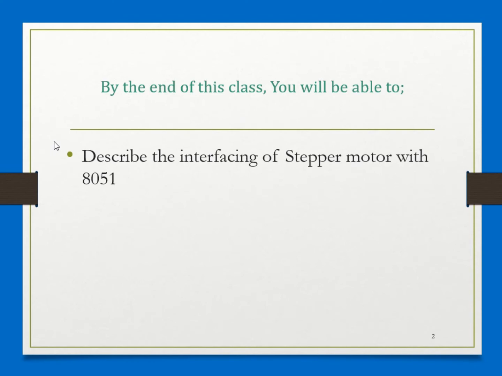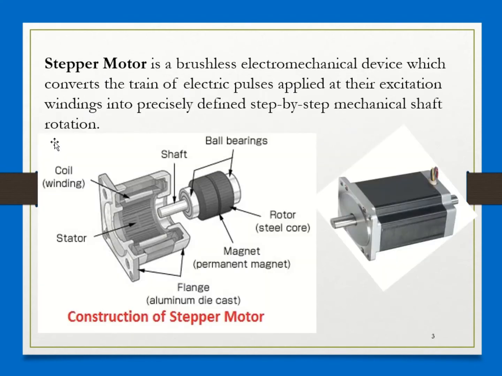So stepper motor mainly consists of a rotor. The right hand side is the physical representation of a stepper motor, what you can see in lab, and on the left hand side you can see its cross section. So mainly it consists of rotor, also called shaft, which is generally of a permanent magnet type, and it is surrounded by the stator on which there will be windings.